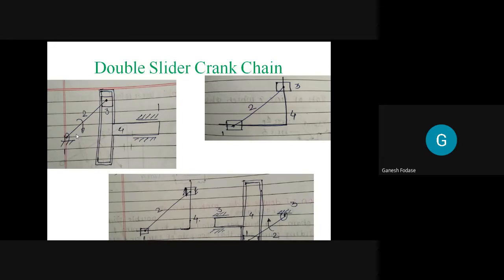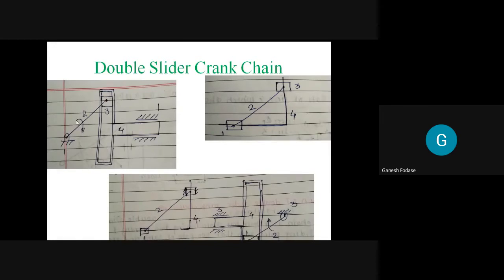Link 1 is fixed. Now we know 2 and 3 form a turning pair, while this 3 will slide inside link number 4. Now link number 4, which was just a guide in the initial case we drew, you see in the basic diagram, link number 4 is just a guide we drew. So it will take the form of a T-shaped link. So what happens here is, when this link 2 rotates, along with the slider, this link 4 also reciprocates inside this.